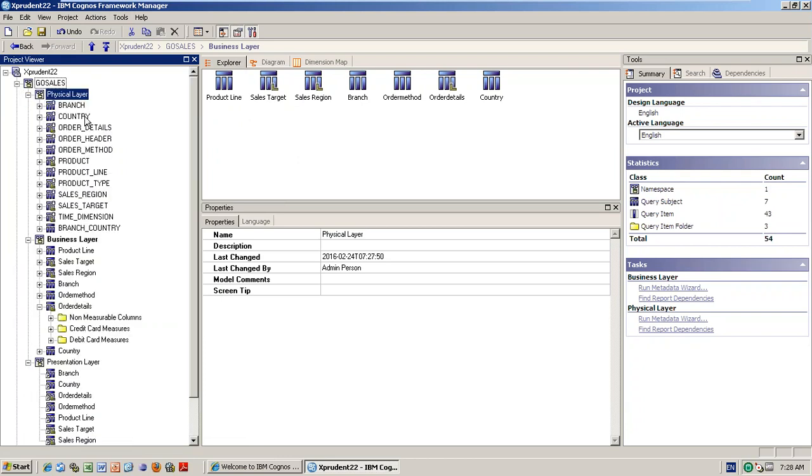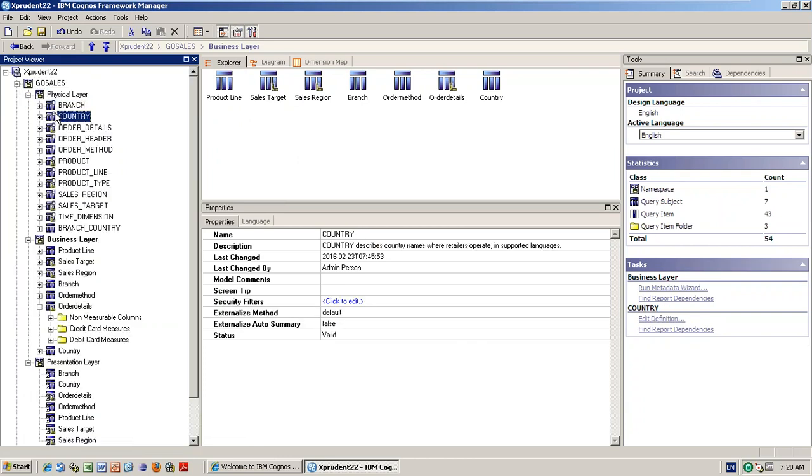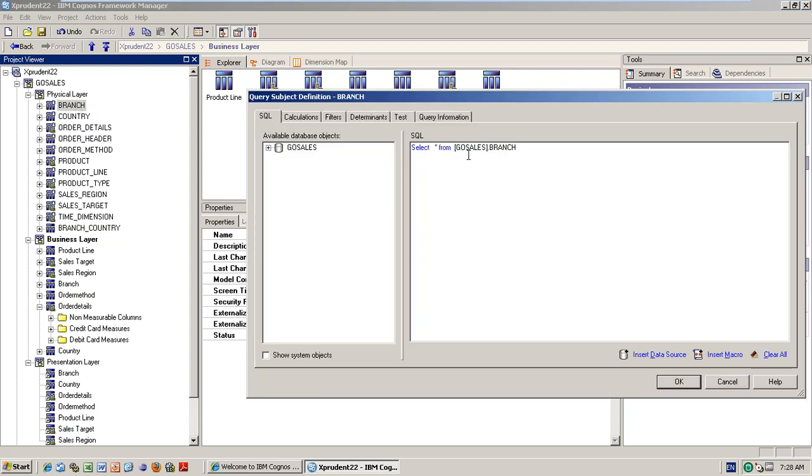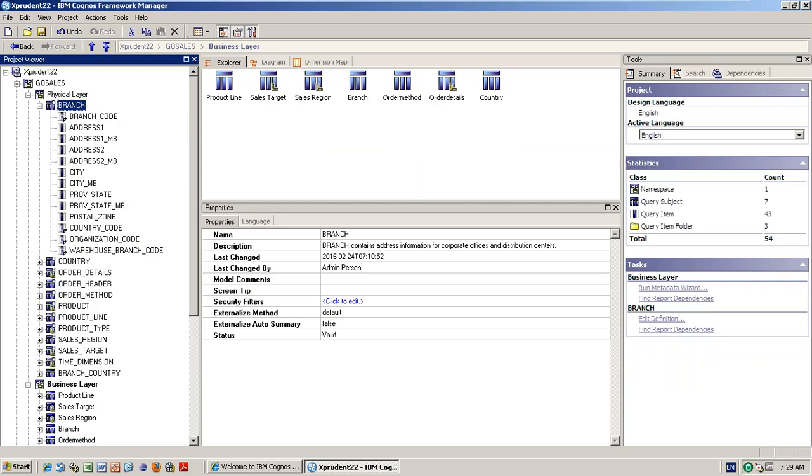Okay, you need to know a very important question now. Query subjects, right? If you are directly uploading in the physical layer, this is called data source query subject. Please remember, very important in interviews. This is directly coming because you have uploaded directly, and then it is coming like a select star, right? So that is the reason why it is called data source query subject.